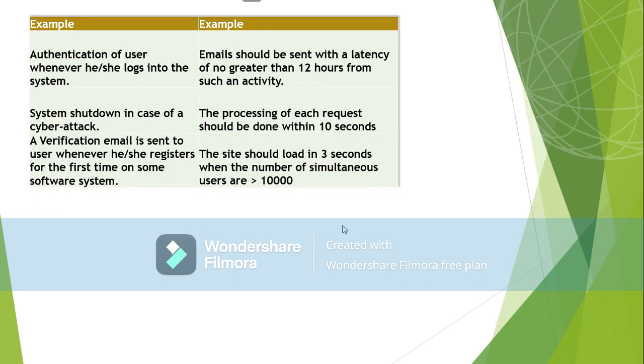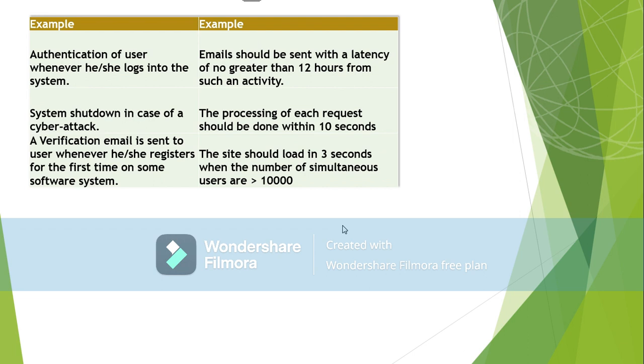So if we talk about the examples here, so authentication of the user. Authentication of the user when he logs in, login is a requirement. So in that, the functional requirement somebody says is that they want a user to be authentic. Not everybody's just entering and composing a mail. An authentic user should be able to log in. Then